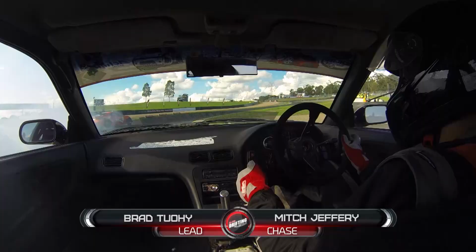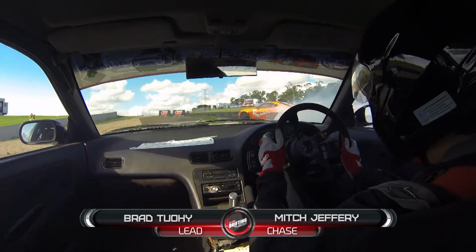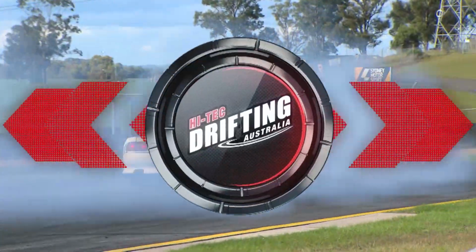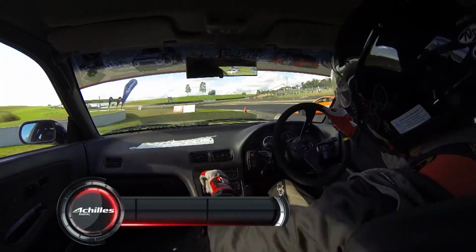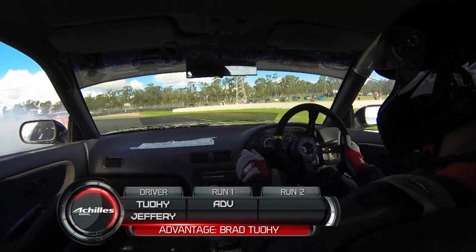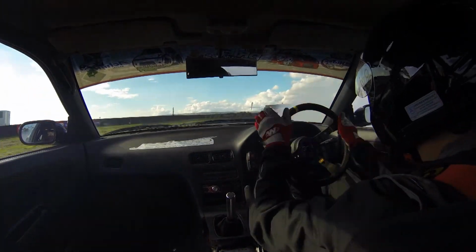Another thing you can expect is Brad Tui to be going all out. I mean, using all of the angle that that beautiful Wisefab front end gives to that Toyota 86. And you can see absolutely gapping the car behind him. More angle, more smoke, but also more speed. A couple of cars that run JSI Aero kits and fancy handwork for Jeffries, not enough to get him the advantage. Brad Tui getting the nod, but this will be the first time that Brad Tui's actually had to chase